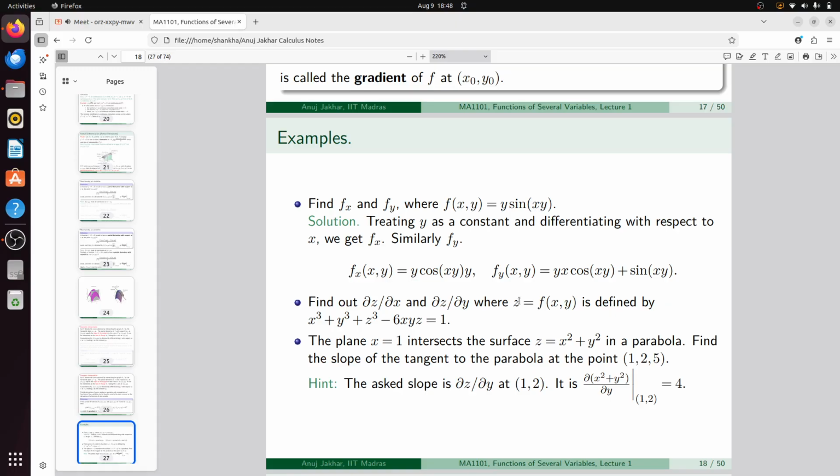XYZ. Yes, exactly, correct. Because you are taking the partial derivative, x and y are independent, so you need to take the derivative of xz. Yes, so there will be minus 6yz as well. Yes, thank you. So if you take this 6xz to that side, that will actually come in the numerator.